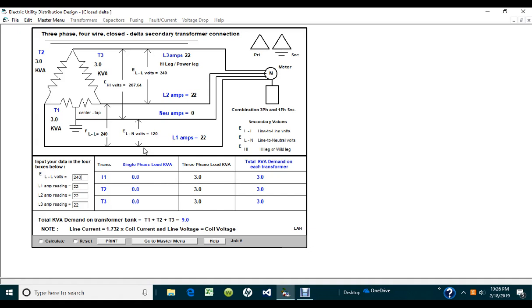Let's add some single phase load to the customer's demand here. He's got three phase. He's got 3 kVA 3 phase per transformer. We've already shown this as to what he has on each one of the transformers. Now we're going to add some single phase, and that single phase is going to be 120/240 volt single phase, and we're going to add this based on what he's given us as far as his load information, and it turns out that what he's provided to us is that